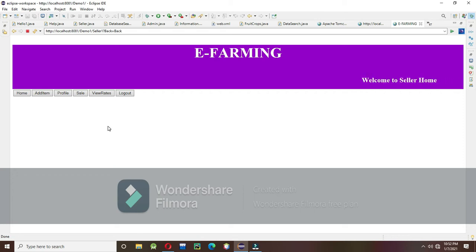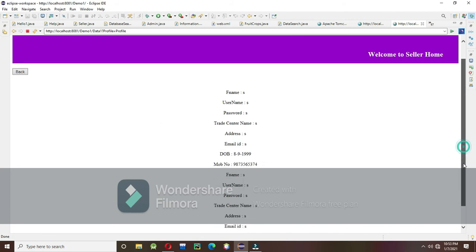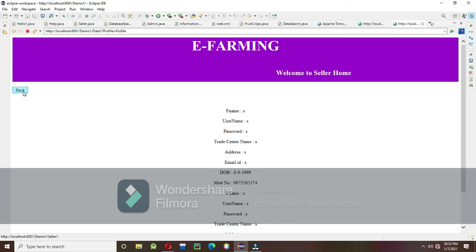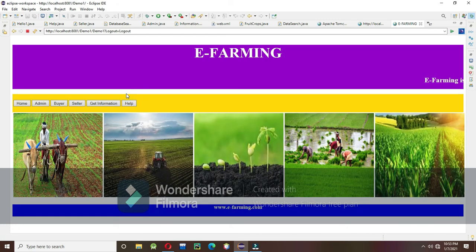After that, there is one profile page. In this page, the profile or the details of the seller are displayed. And this logout button is used to return to the home page. And the home button is also used to return to the home page.